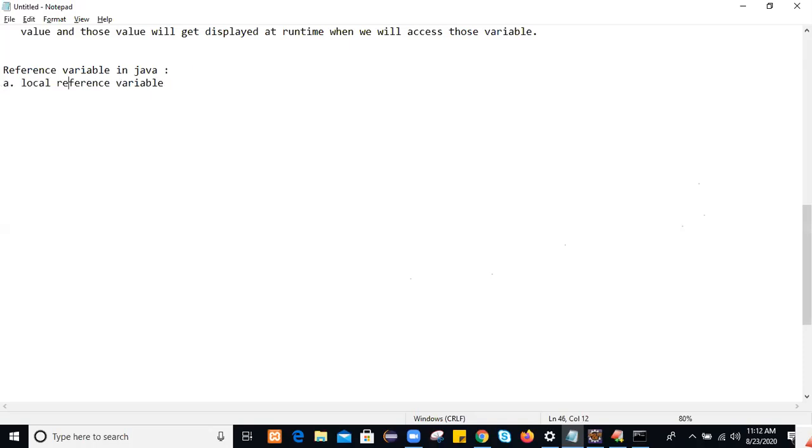So what is a local reference variable? If you create any variable by using an object within the class but within the method area, then that variable is called a local reference variable.